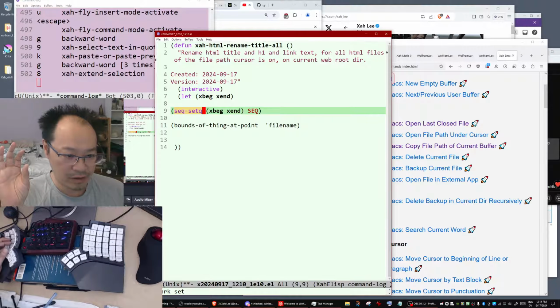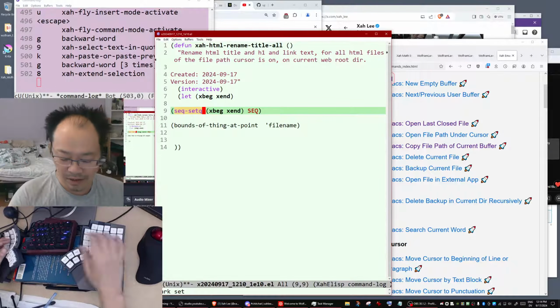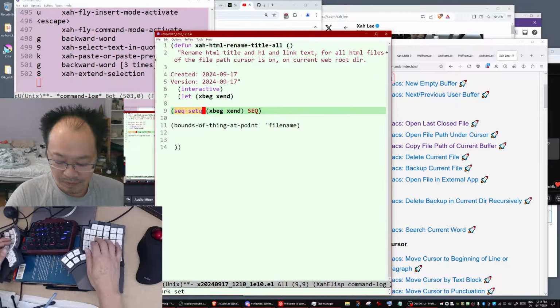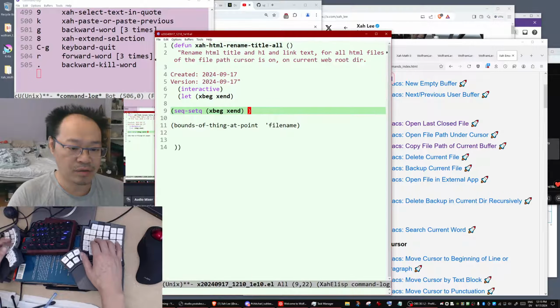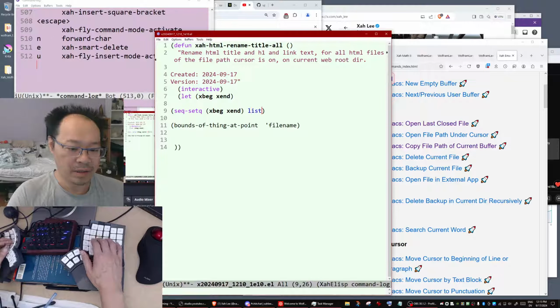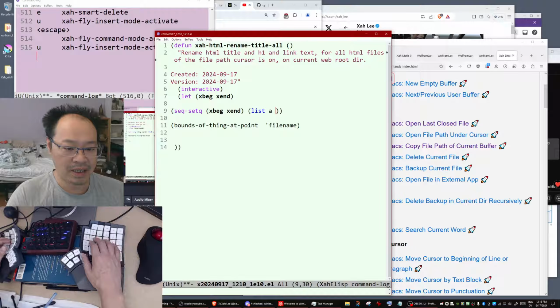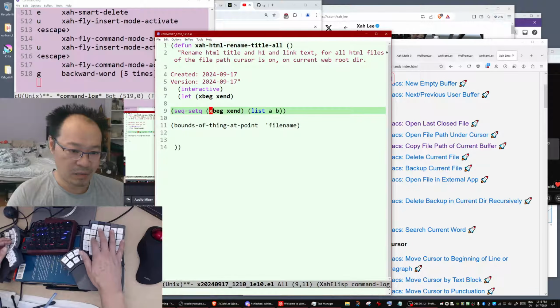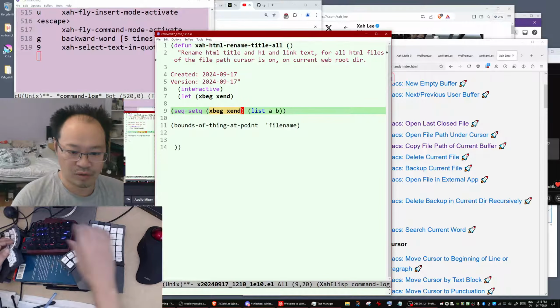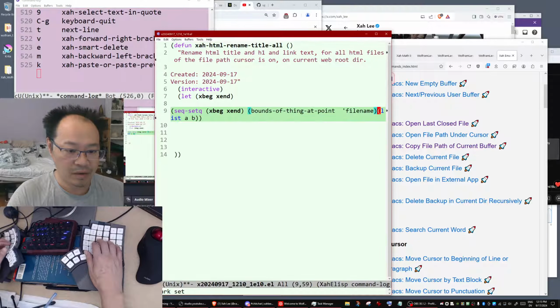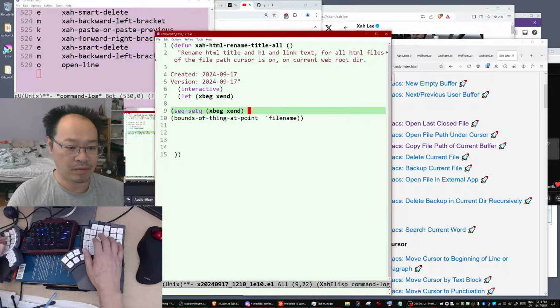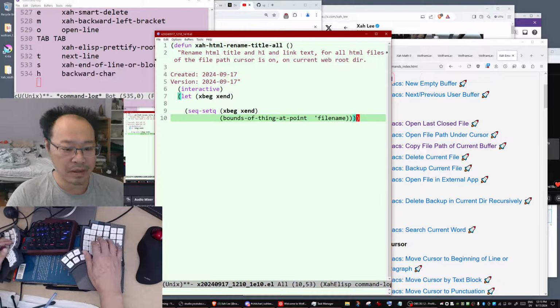This function, set q, is a new feature in Emacs Lisp, about 10 years old now. It allows you to set, for example, a list of 2 things, A, B, in one shot to these 2 variables. So the value we want is this.